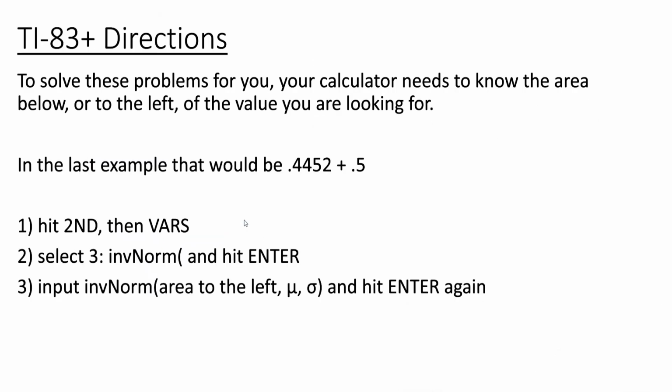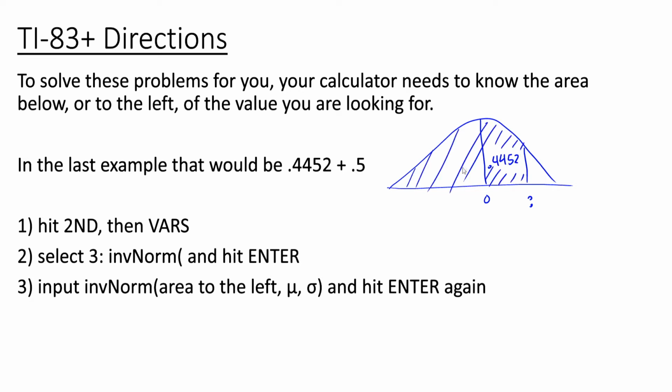Now we'll talk a little bit about how to solve these problems using the TI-83 Plus calculator. To have the calculator solve these problems for you, your calculator needs to know the area below, or to the left of, the value you're looking for. In the last example, we were told the amount of area between 0 and the unknown z-score was 0.4452. But the calculator needs to know all the area to the left, or all the area below, the z-score in question. So that's where we need to remember this half of the curve is 0.5. So the total area to the left would be